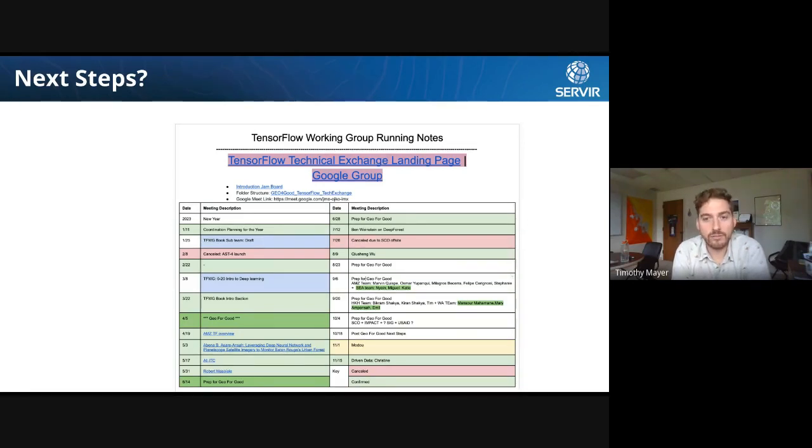I'm just going to talk about the history of the TensorFlow working group. After we had this exchange on data science, machine learning and deep learning, we were there for a week after the Geo for Good event with some folks from Google. And then we realized we found out all the things we don't know. It was kind of humbling. We're like, okay, we need to meet every couple weeks and spend time in this sector. And that was about 4 years ago. So if you're interested, this mechanism exists, and definitely come to this.